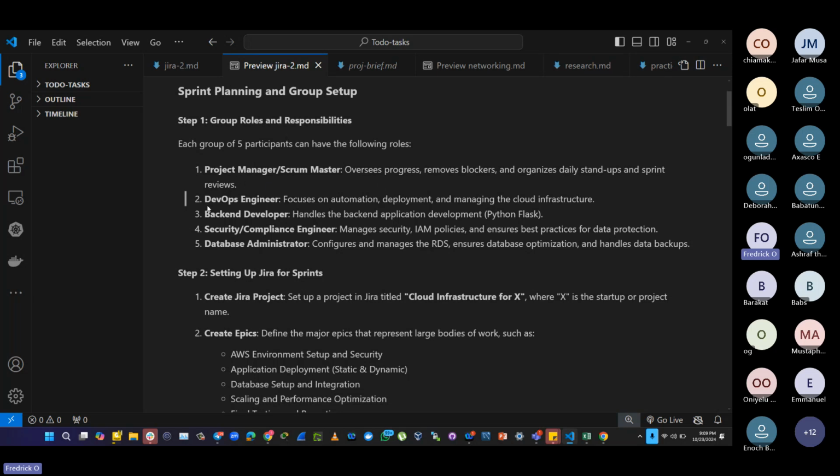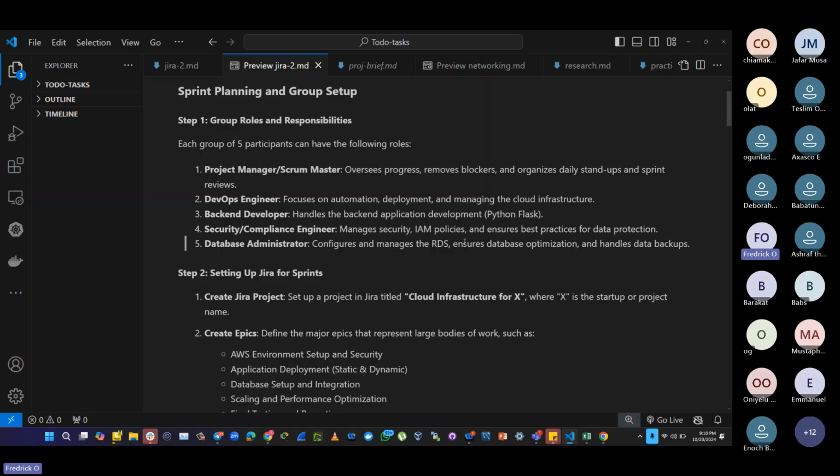Based on your designation of each person's role, one person might be responsible for creating the AWS accounts. You understand? So the person can be the DevOps engineer. Another person might be responsible for the code, depending on the code you're using for your project. I might give you the code sample for each of these projects. Then somebody can wear the hat or the role of security. The person will be responsible for creating IAM and making sure that everything is secure. Now, if your application is connecting to a database, that person will be the database administrator responsible for configuring RDS.